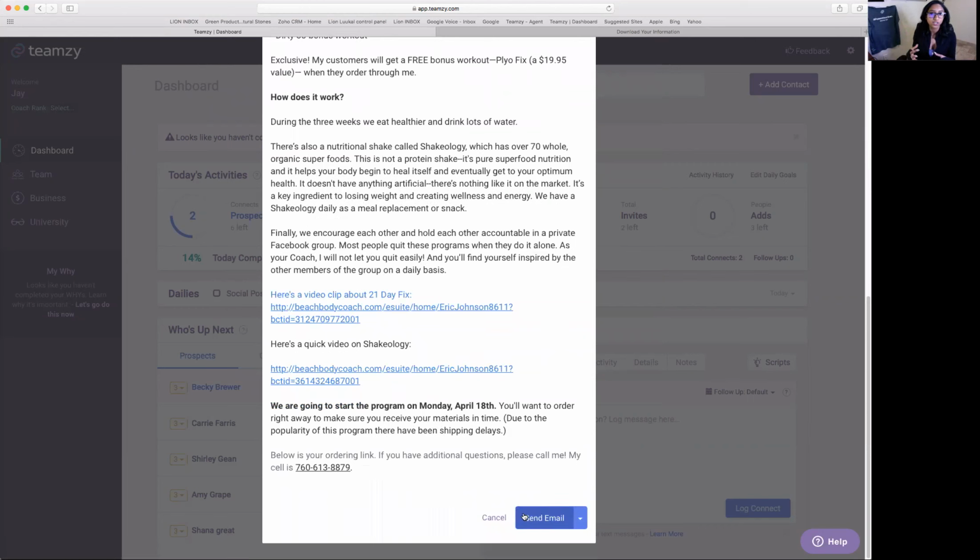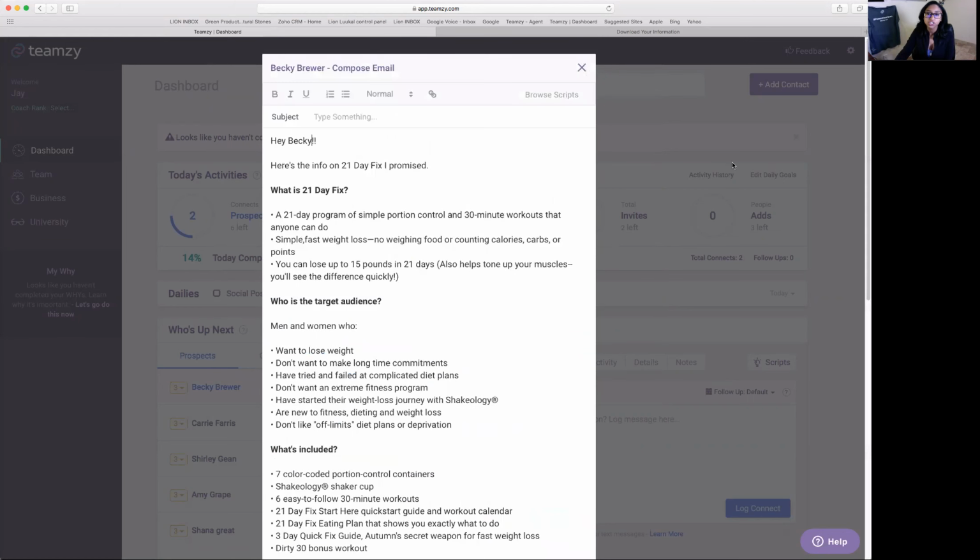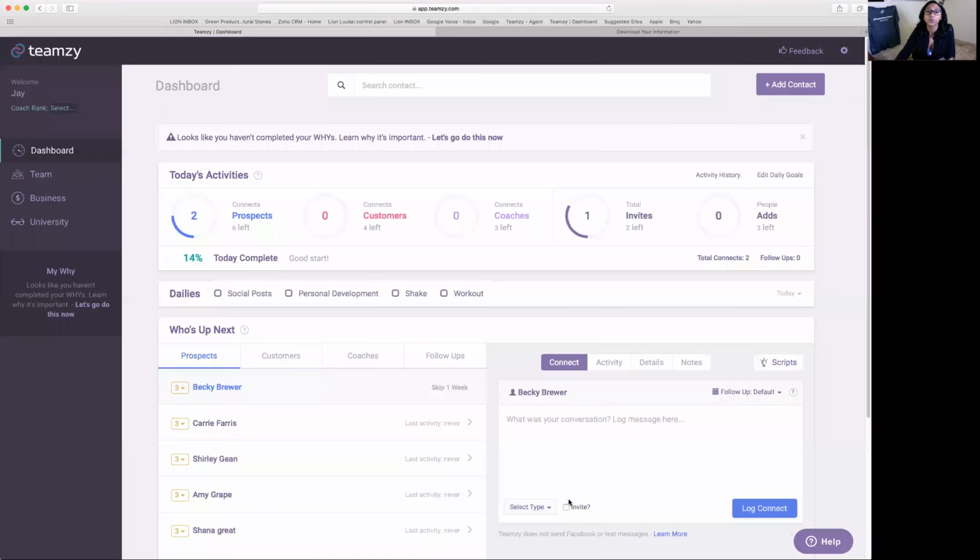So this is another one of those features that helps you connect with more people. So you've got your email feature. You just need to know, you need to be a Gmail subscriber if you want to link your email to Teamzy. Okay. If you're thinking, I don't know if I'm linked appropriately, I don't know if the link went through,